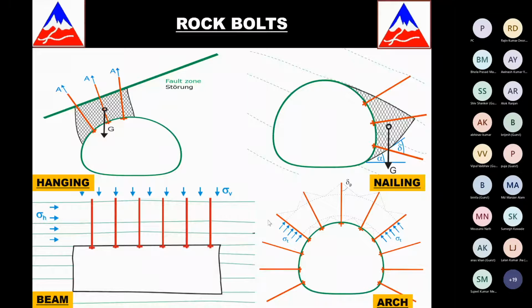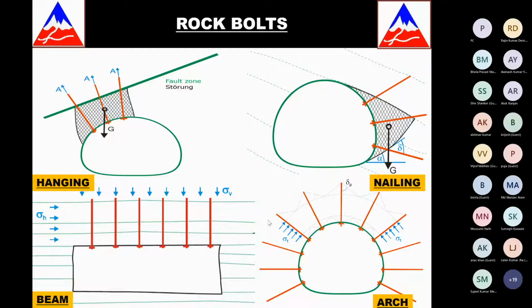Now, depending on how good a ground is, if it is only blocky rock mass where you are only supposed to hold it together, then depending on the orientation of the fault planes, we should use the hanging and the nailing action. But in poor rock mass where there is also water flowing, this arch-like action can be used by using grouted rock bolts. So that grout is inserted into the mass and it becomes stronger, and we have a kind of a false arch forming on top of the underground opening, and that arch gives strength to our section, to our opening.